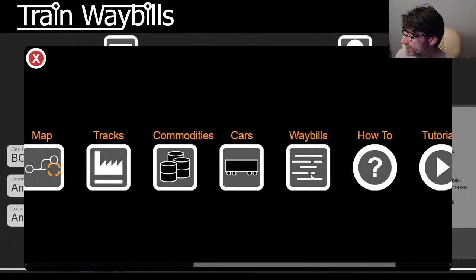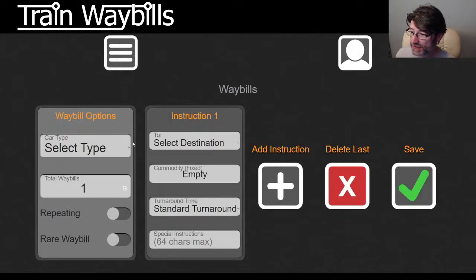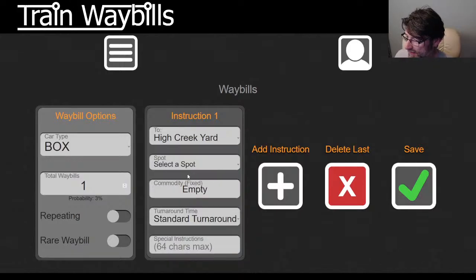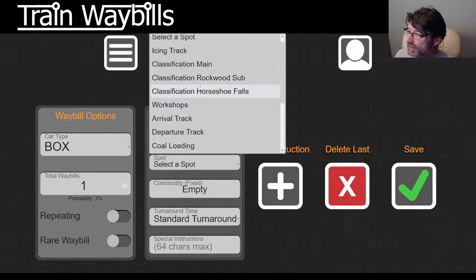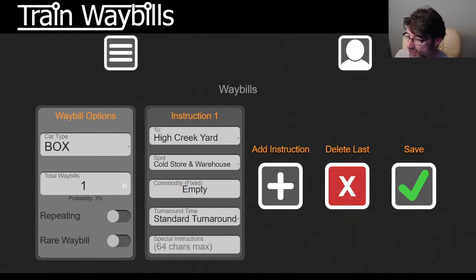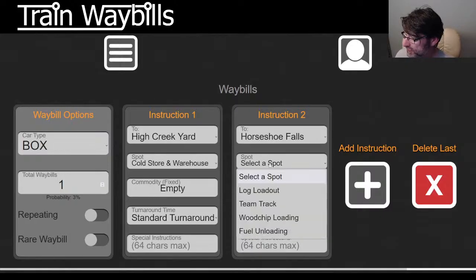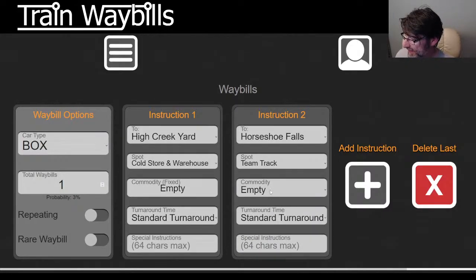So what I'm going to do is go to Waybills. I'm going to create a new one. I'm going to create a boxcar. Let's just do one of these. It's going to go from High Creek, from the cold store and warehouse. Let's leave this as a standard turnaround. And I want to send it to Horseshoe Falls team track with